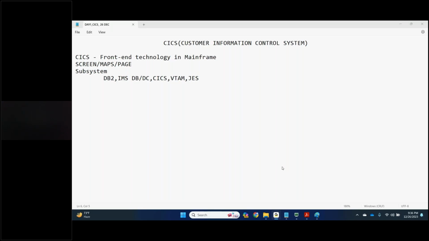For VSAM there is no subsystem and no separate address space. For COBOL, JCL, VSAM there is no separate address space. But for DB2 there is separate memory in the z/OS operating system, and that memory is monitored by z/OS. So two ways we can differentiate.